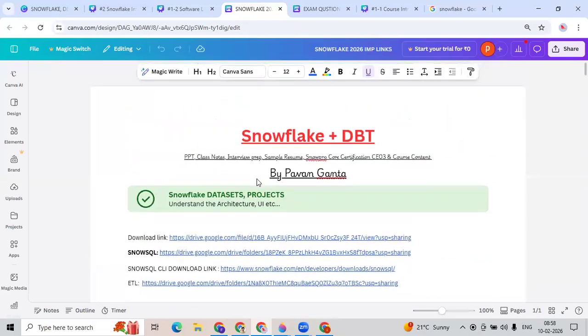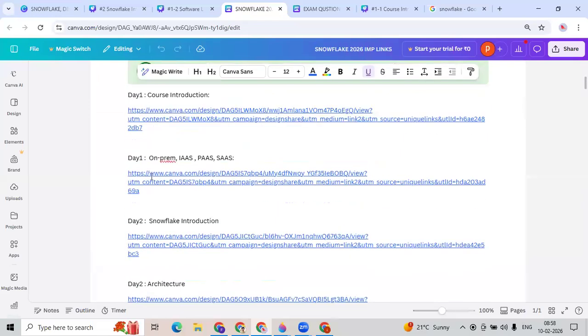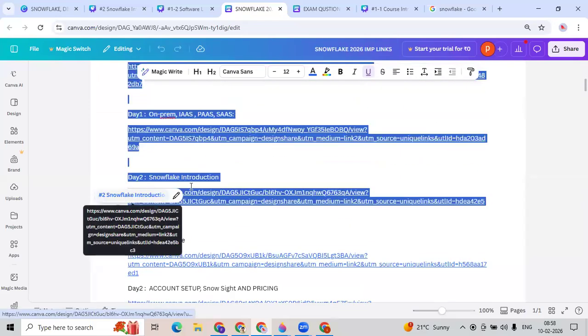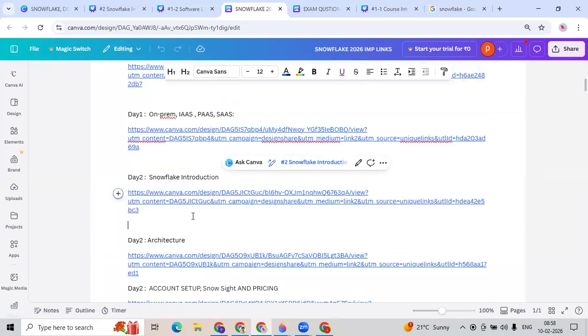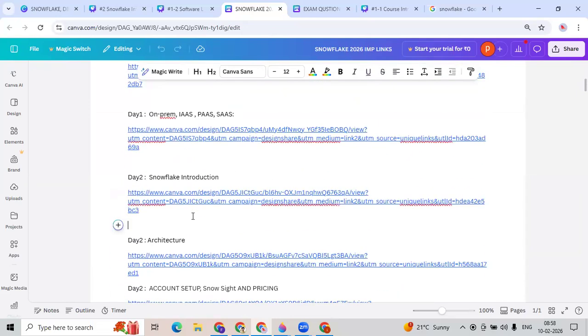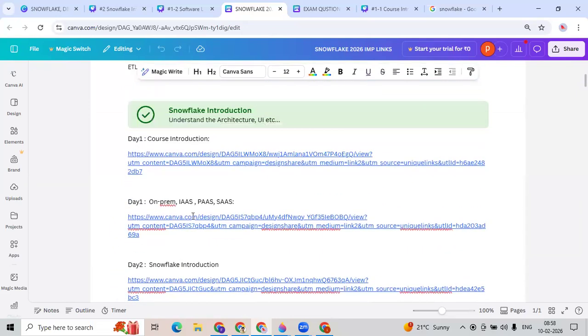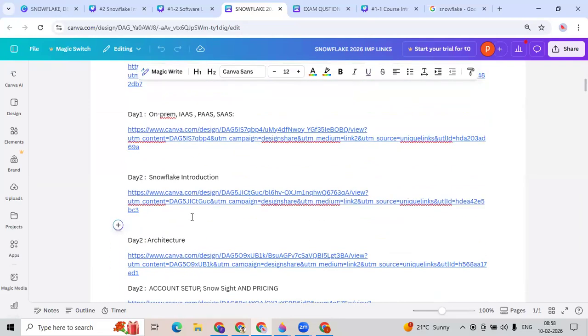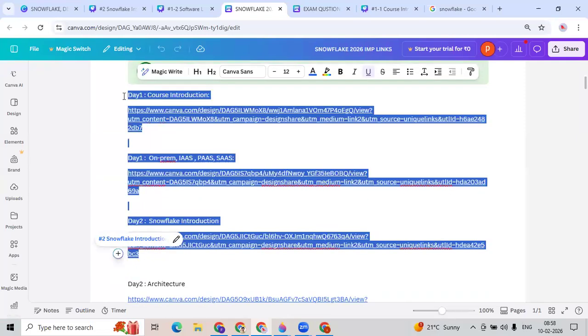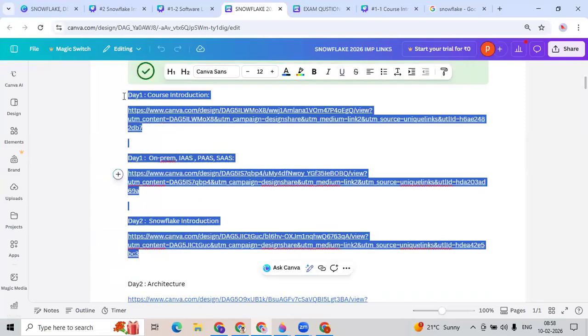So this is the first session, introduction. So the course introduction video, the on-premises video, and then I have explained this. It's the theory part, right? So that is the reason I go very quickly. But from tomorrow onwards, when it comes to important topics, interview or certification things, I'll go very slowly. Up to here is completely the theory part. What is Snowflake? How is the market? What are the layers we have? All those things I have covered. So these are the relevant PPTs. You can find them here.